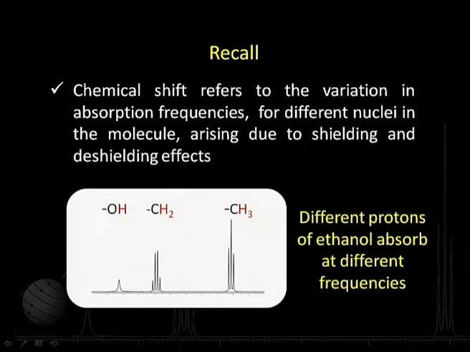Now we remember that we showed you the spectrum of ethanol. In the case of ethanol there are three different types of protons. The methyl group comes somewhere here, the methylene comes somewhere here, and the OH comes at a different position. That means all three types of protons are different, and they come at different frequencies. We will now try to quantify this. We just said somewhere there, and we will try to give meaning to where and what it means.